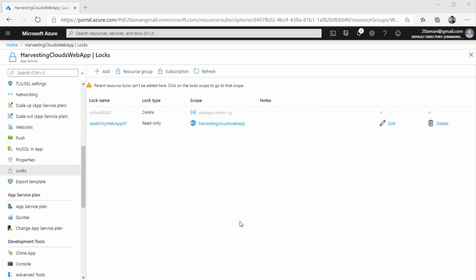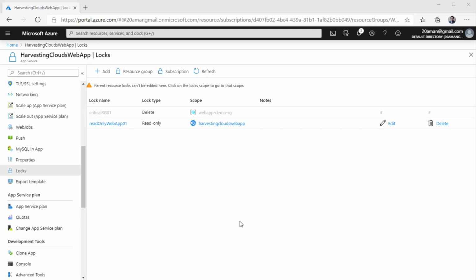Another thing that you should be aware of is that you cannot apply any lock, read only or delete, on a resource group which contains Azure Backup Service. The reason for that is a backup service can only have 18 restore points. After the 18th restore point, to create another backup at its scheduled time, it needs to delete the oldest backup point or the oldest restore point. And it cannot do that if there is a delete lock or read-only lock. Backup service will not be able to clean up and will not be able to create any new backup. These are the two main caveats that I want to call out.